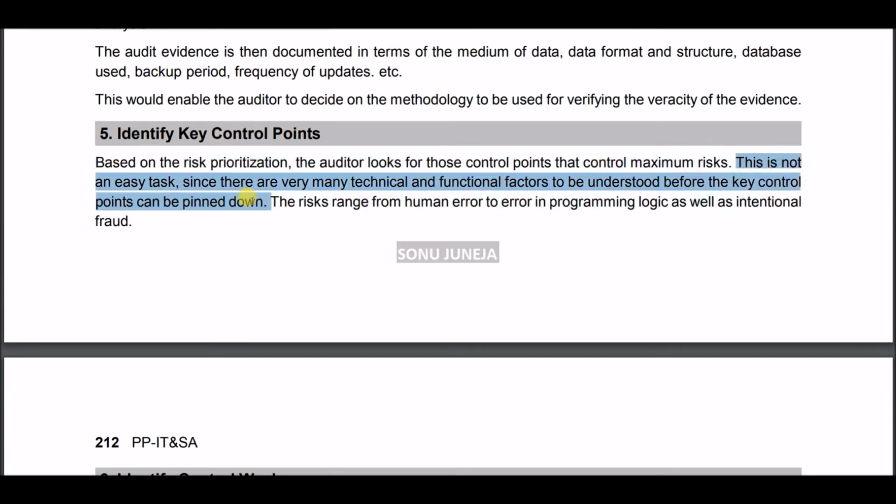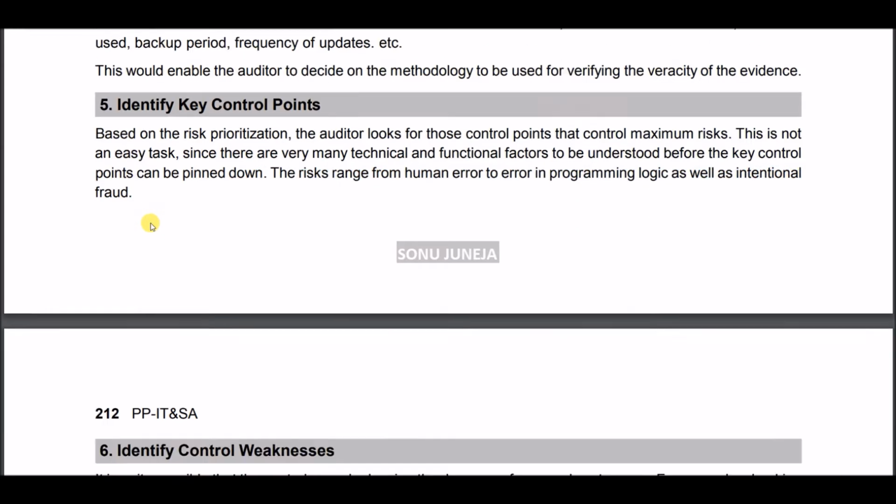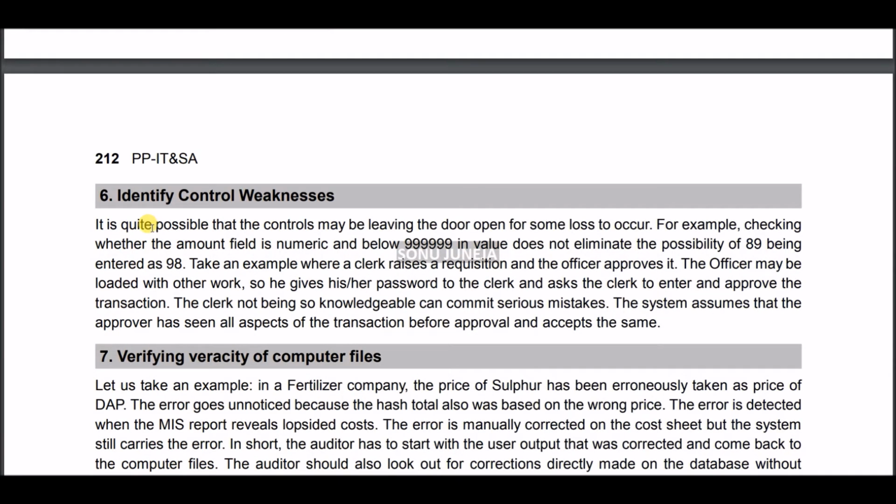Now this is not an easy task, since there are very many technical factors to be understood before the key control points can be pinned down. The risks range from human error to programming errors as well as intentional fraud. So what would be your control points has to be decided after an effective study. Identifying